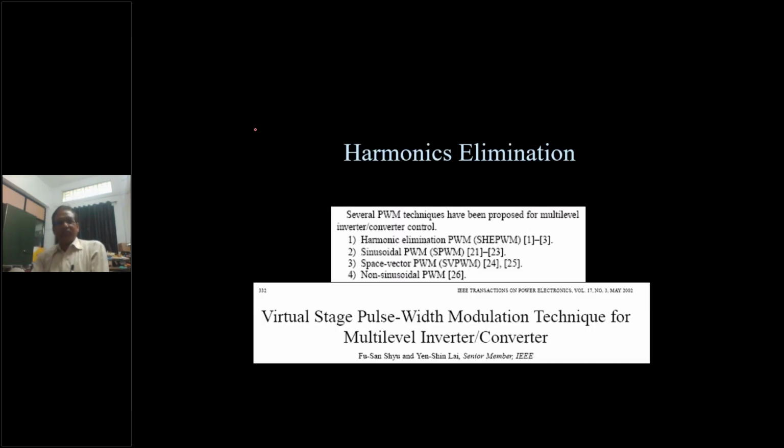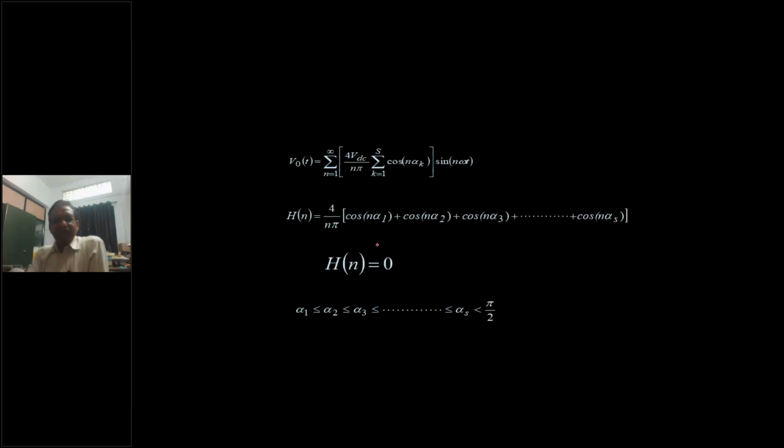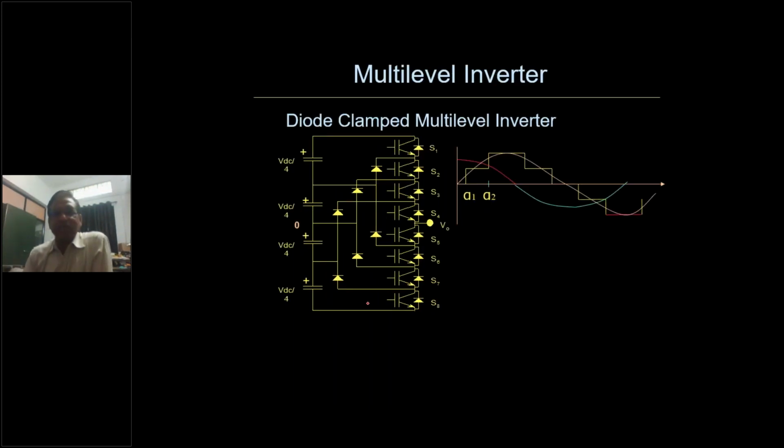Next, there are different techniques to control the multi-level inverters also. We discussed space vector already. We discussed sinusoidal pulse width modulation. See here, we write equation for output voltage, given like this. And if you write which harmonics you want to eliminate, for example, seventh harmonic, in this equation write the seventh harmonic and equate it equal to 0. So you will get the value of alpha. And if you use that value, you can eliminate particularly this harmonic.